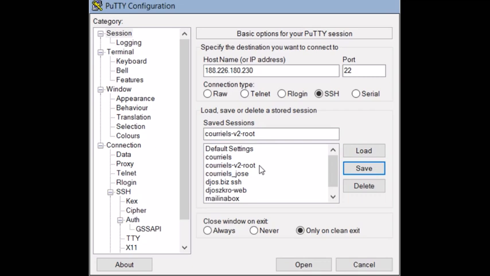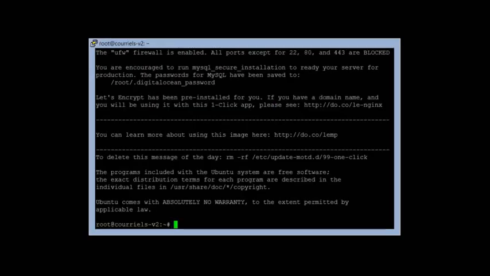So now I just double click on the PuTTY link, and there's a message here which says that I have received the fingerprint of the remote host. So I can say yes, because I trust that the remote host is the one I created, and I want to connect to it with the private key, so it just works fine.